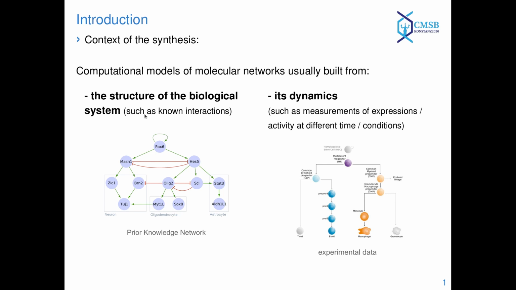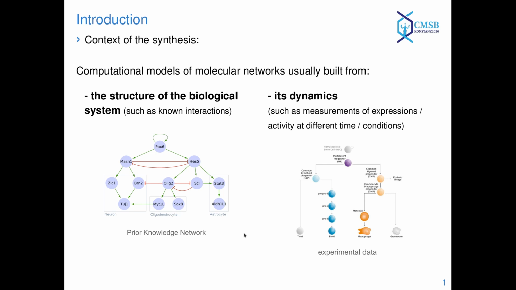The structure of the biological system constitutes the static part of the data for the modeling. It's the known and putative interactions between biological entities, as you can see here. Biological entities that can be genes or proteins, for example. This information constitutes interaction graphs, which are prior knowledge networks that delimit the domain of interactions that can be included